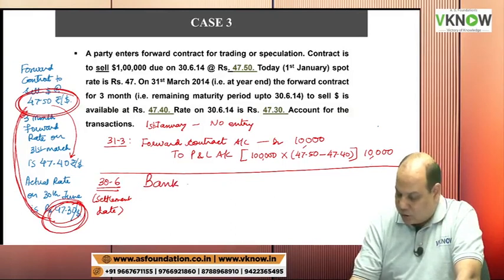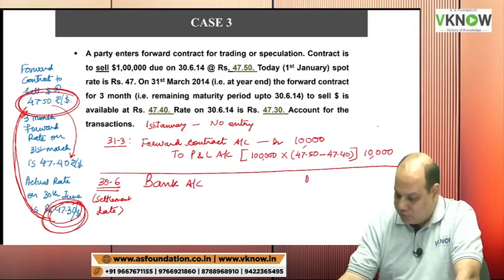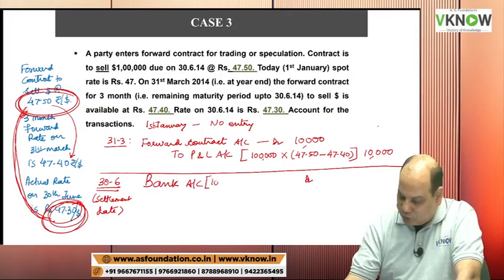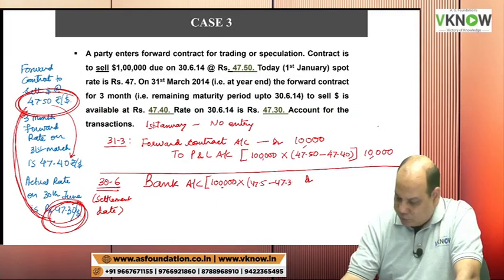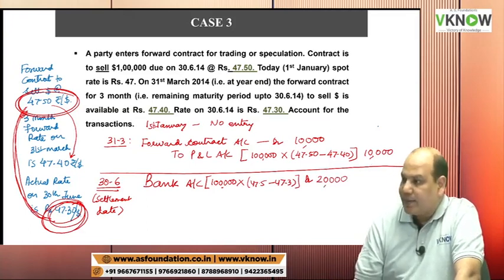So I will earn from speculation 1 lakh into 47.50 minus 47.30, which is 20,000. So 20,000 rupees I will get in my bank account,